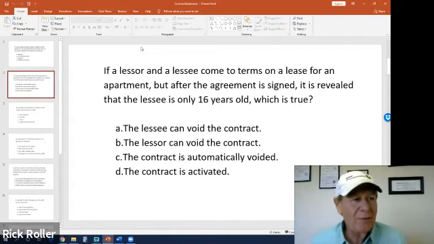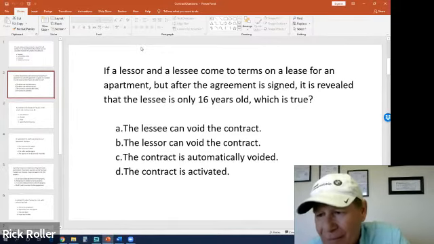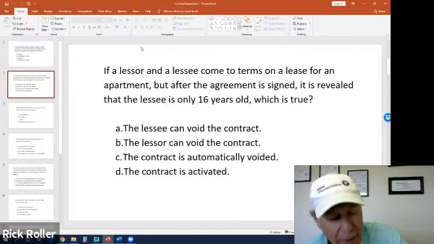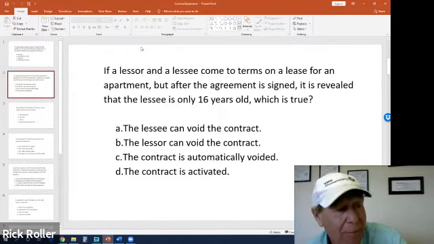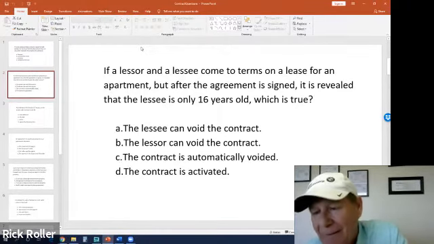The first dimension is it talks right off the bat, starts talking about lessor and lessees, okay? Now, you've got to know your ors and es for the test, my friends. And so that could be a challenge for some of you, although you're not going to mess up on lessor or lessee anymore after tonight. But which one of these is the landlord and which one of these is the tenant, okay?